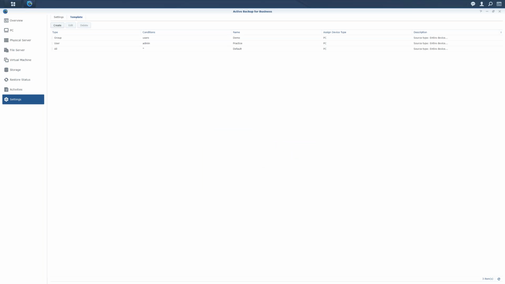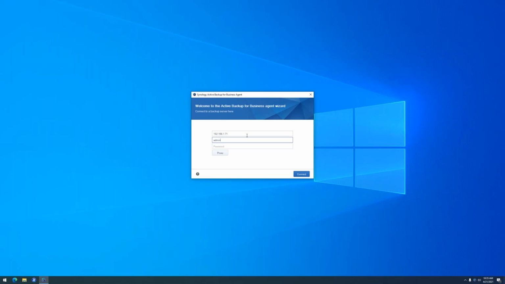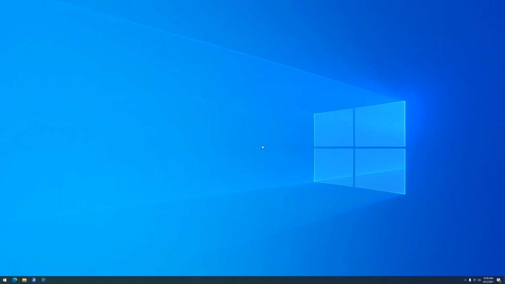Now, I'm going to show the client as the last part here, and there really isn't much to show you. The client is, you just install the application. I already have the IP address to make sure that I didn't forget it when I was doing the live presentation. So I'm just going to log into it. And since this is a local connection, the certificate is not trusted. You can do this over the internet if you want. So that's why it is asking you about that.